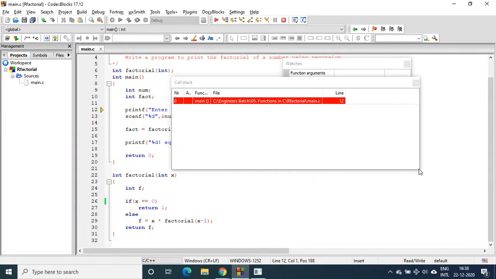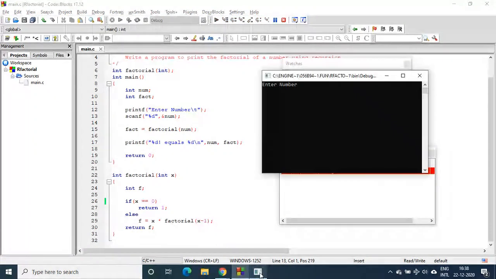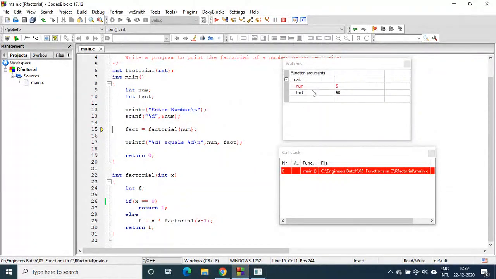So as I told you, main is on the stack, right? So I will go to the next line, and for the next line, I will enter 5, suppose here, 5, right? Press enter. So now num contains 5 here, and the control has reached line number 15. This is yet to be executed.